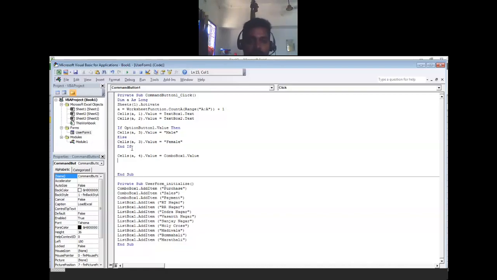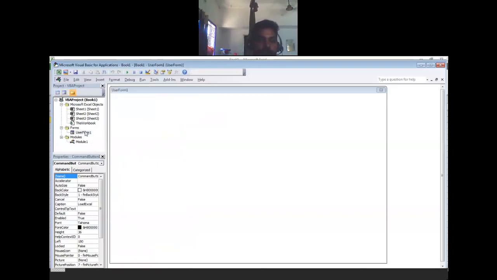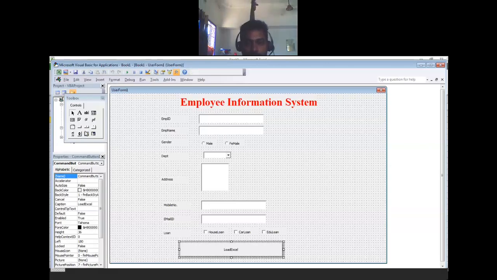Yeah, I agree that we have TextBox1, TextBox2, Option1, Option2, ComboBox1, we have done it. TextBox1.Text means what we fill in. That's why we use .Text. .Value means some data is already available, and we are going to select from the list.